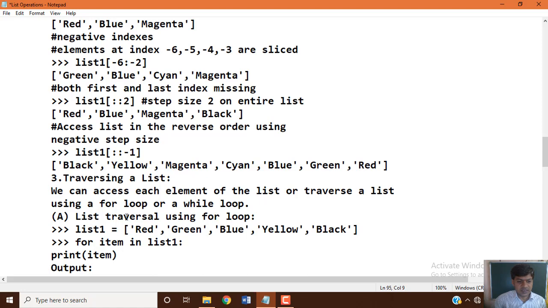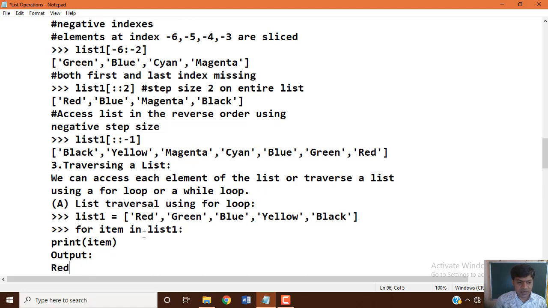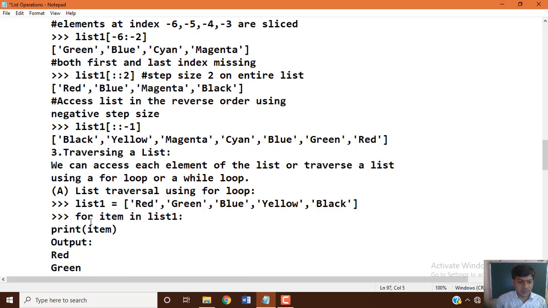Now another concept is traversing a list. As we saw earlier, we can access each element of the list, or traverse a list, using a for loop or while loop. So for list 1, using a for loop, for item in list 1, print item, all the items of the list variable will be printed.